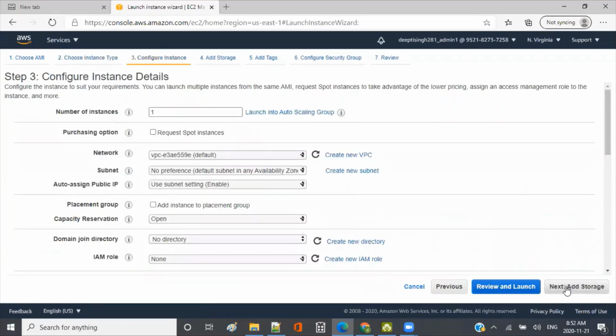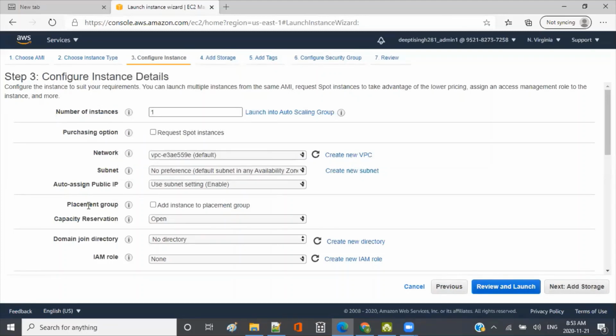All good. So I chose that, and now I'm going to do some settings here. You can launch multiple instances also using this number field. I'm launching just one, and then here you specify the VPC. I'm in Northern Virginia, using the default VPC, and if you don't specify, it will use the default subnet in any availability zone. Basically, in Northern Virginia there are 6 availability zones. It can go to any of them, right? I don't care about that, but if you care, you can choose that particular availability zone as well.